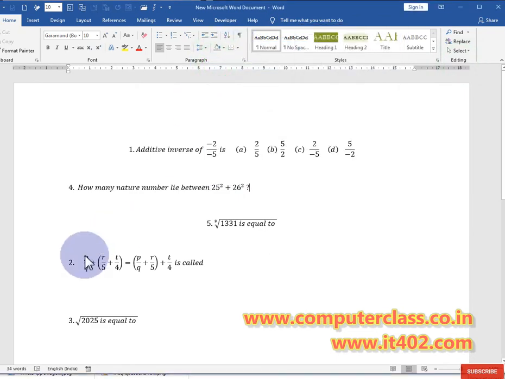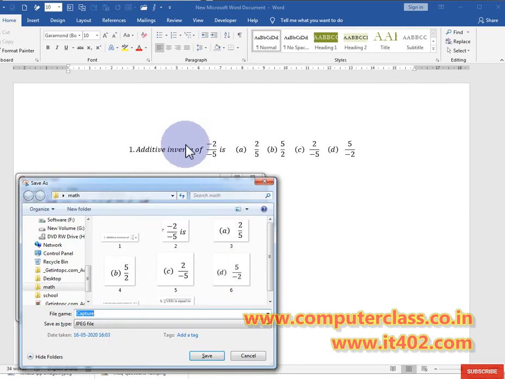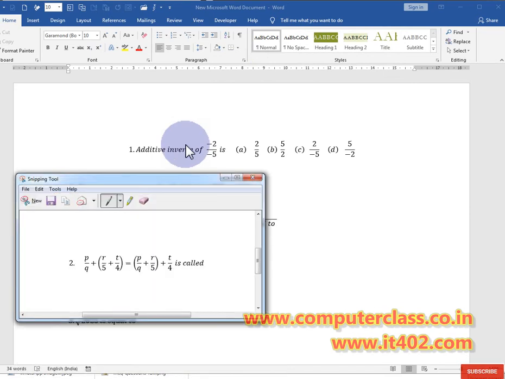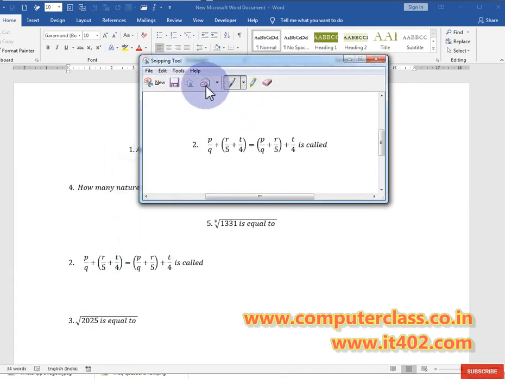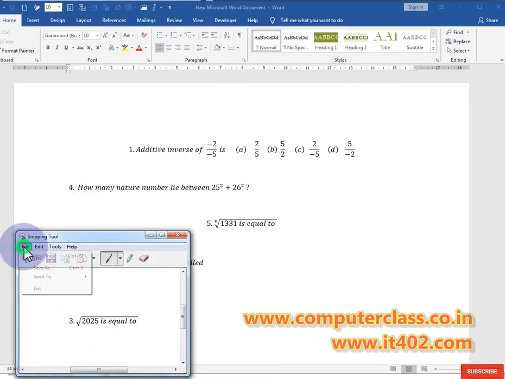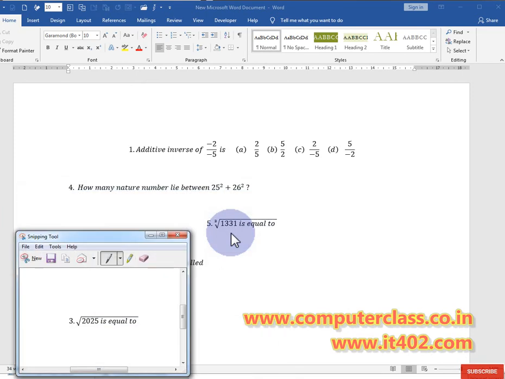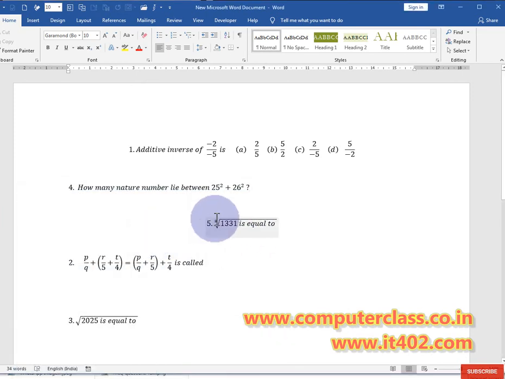Click on file, new, then click here, like that. Question 2, and the last one is this one, question 3. So now what I did, I just wrote all these questions, all these equations in Microsoft Word.